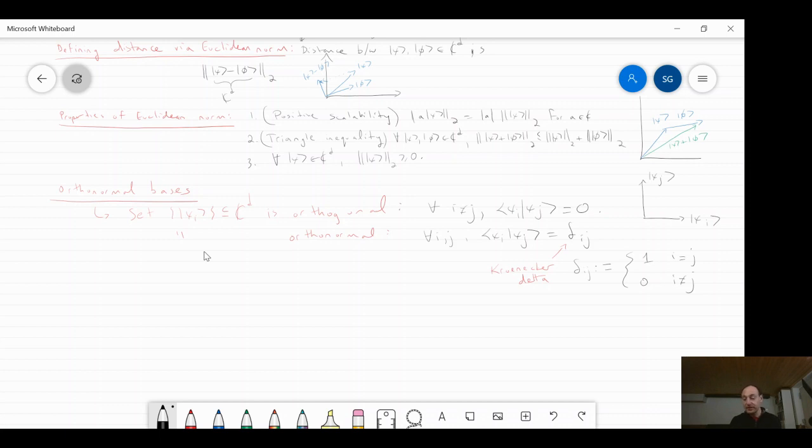So in words, remember, a set of vectors is orthonormal if I take the inner product, or the dot product, of two vectors in that set. If I take the inner product of one vector with itself, the norm is 1. So everything is basically a unit vector in the set. And second, the set is orthogonal. So if I take the inner product of two different vectors, they're always at a 90-degree angle. The inner product always goes to 0. Okay, so that's going to be an orthonormal set. And you can think of these basis vectors as kind of like a reference frame for your space.